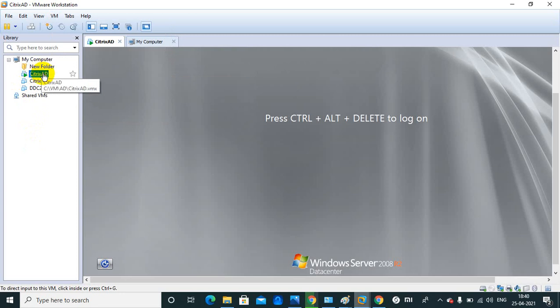Cloning, but you are not able to give a different host name and IP address. No, I'm telling you the difference. Suppose I'm creating a snapshot. Snapshot will take the same configuration as this machine is configured. Same in template.